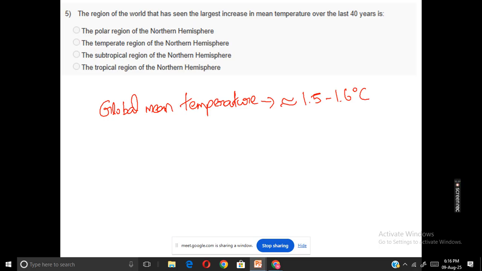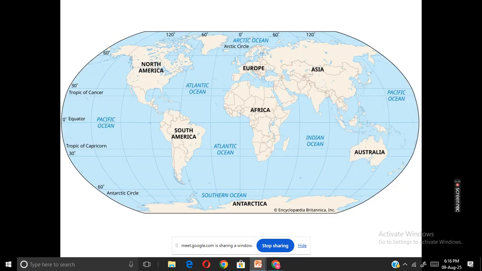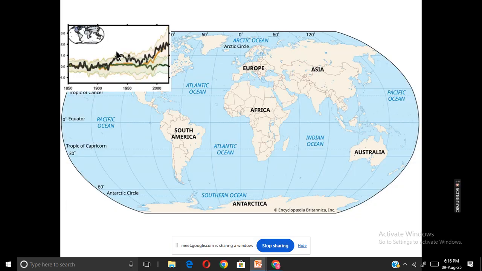So when we look at the world, at different continents, the North American region, which generally has a temperate climate, has an increase of around 2 degrees Celsius, right? If you look at the graph,